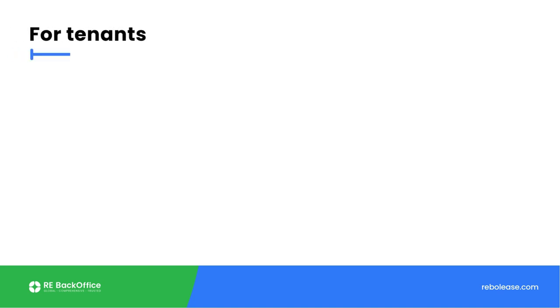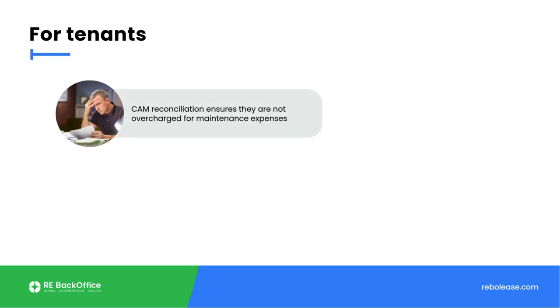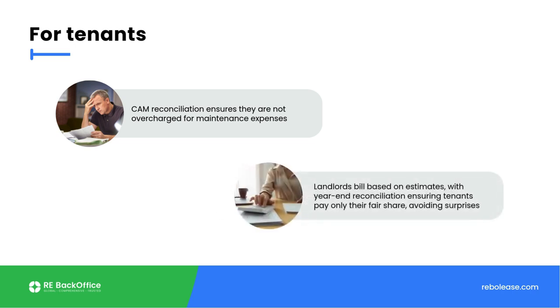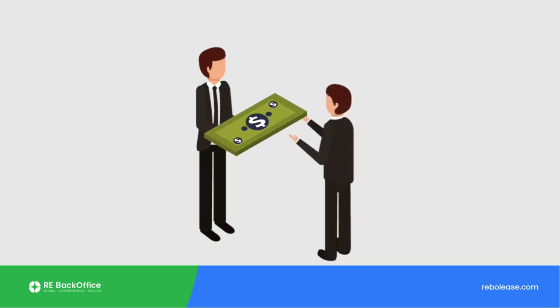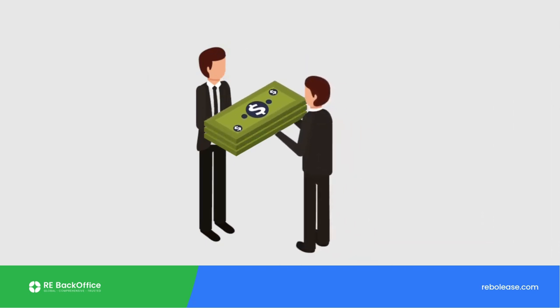For tenants, CAM reconciliation ensures they are not overcharged for common area maintenance expenses. Since landlords initially bill based on estimates, reconciliation at the end of the year ensures that tenants only pay for their fair share of actual costs, thereby preventing any surprises. It provides clarity, transparency, and peace of mind, knowing they're contributing only what's necessary to the upkeep of the shared